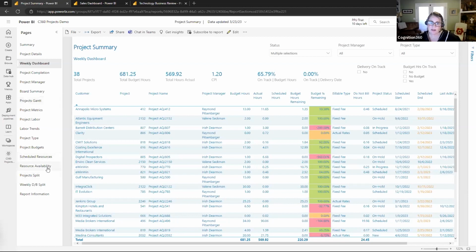There is resource availability and resource planning down here as well. That is going to be dependent on the scheduled hours being used. So in ConnectWise, you have to schedule based on ticket. Usually what I'll tell people is, schedule out one or two weeks just to give yourself some capacity to see,